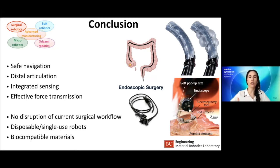And so the challenge that we as roboticists are facing for surgical applications such as safe navigation, distal articulation and integrated sensing, is the lack of sensor feedback that we are presented with when it comes to applications like these. But we also have to take into account a variety of different challenges when it comes to